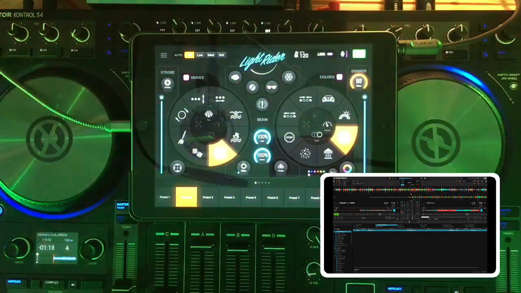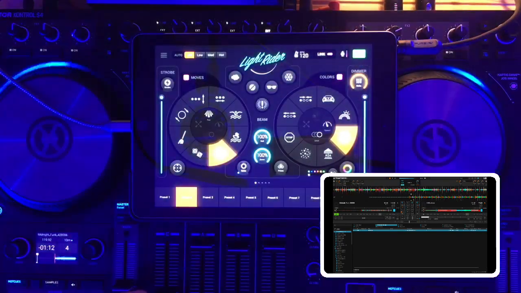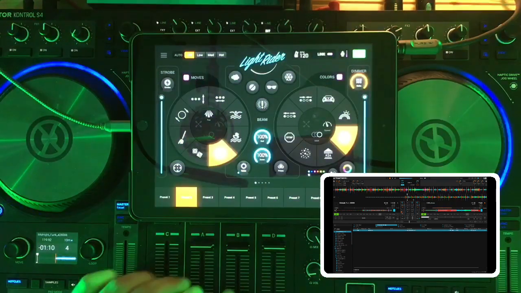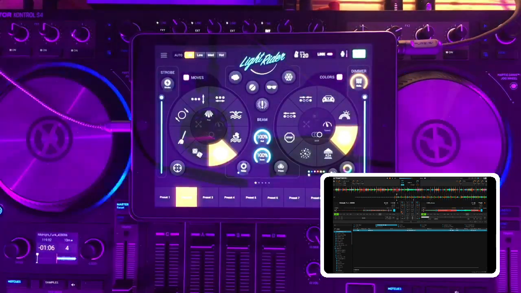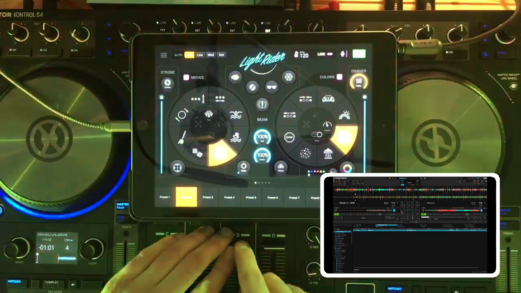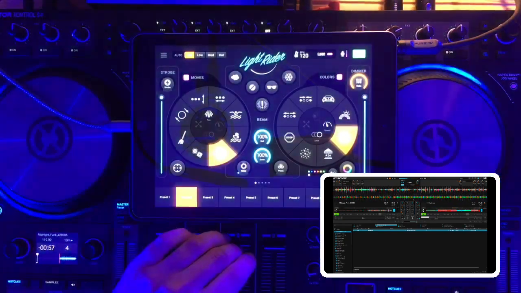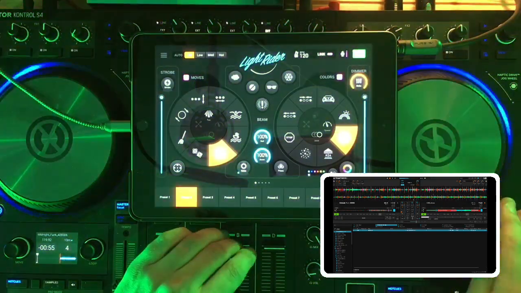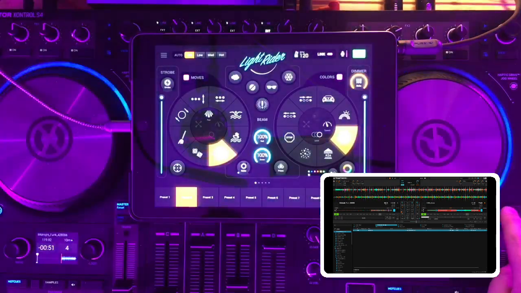Now I want to go to my next song, which is 174 BPM. It's going to be a terrible mix, by the way. There we go. This could be 175 or 86, however you want to look at it, but it's a different speed. So what we have to do here is hit the master button. You can just see it on the right here. And as soon as I hit the master button,